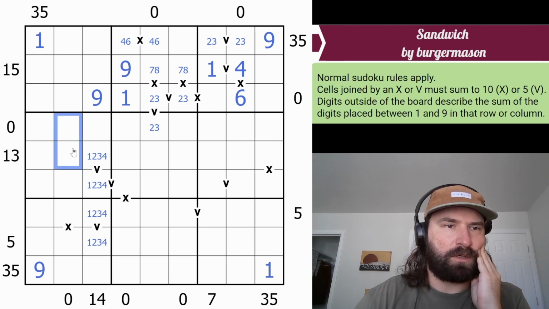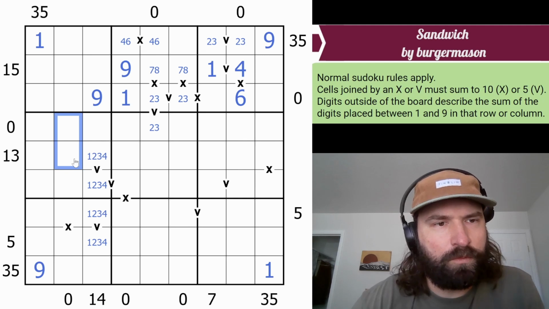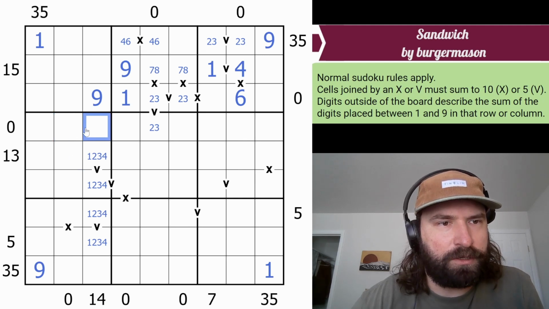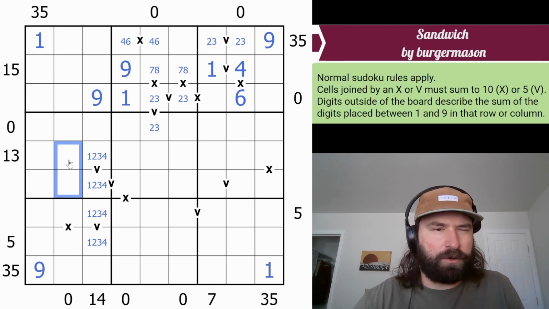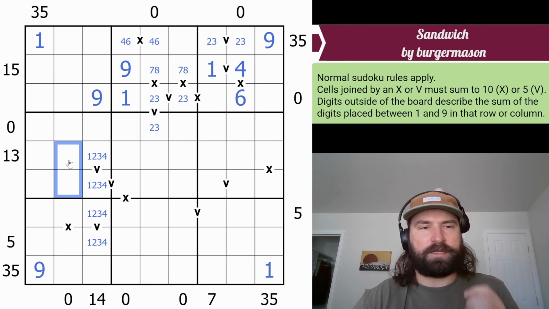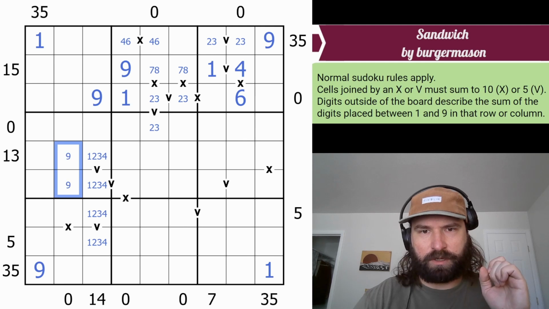They couldn't be here, right? Because then if they're here, then the 0 is next to it. If I put a 1 or a 9 in this cell, I need to put the other one here, which is impossible because I'm trying to put them here. So that would be these digits repeat. The 9 and the 1 are definitely here, and the logic for that is pretty tough, but I'm positive of it. So I'm gonna pencil mark that 9, 1,